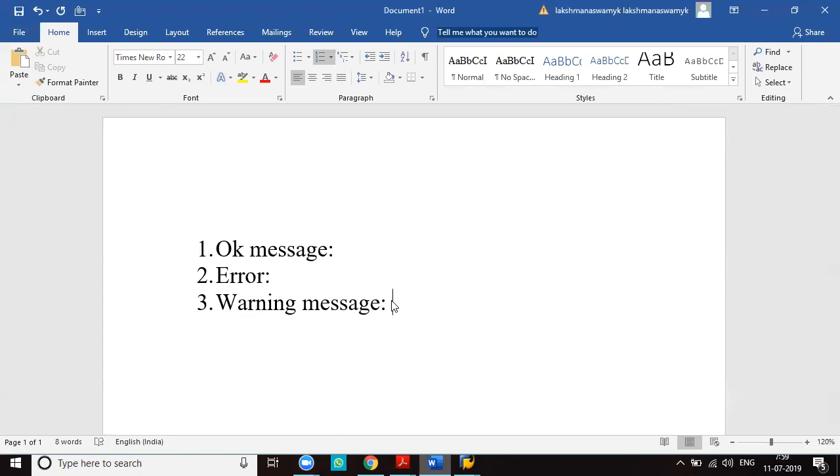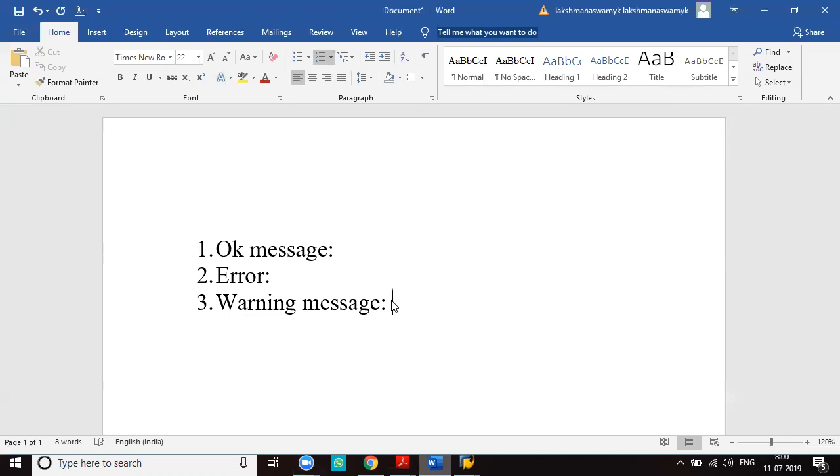We can ignore the warning message. To ignore the warning message, click on the enter button on the keyboard.